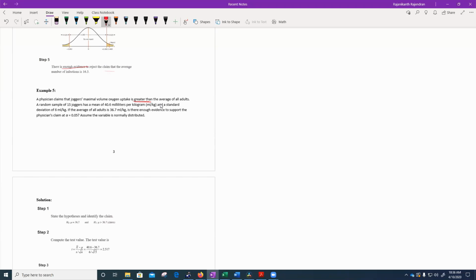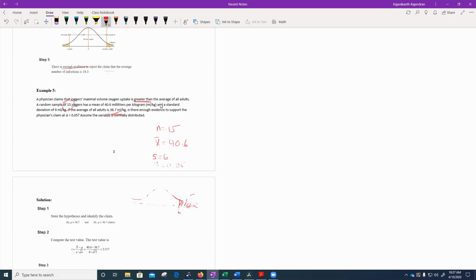So the random sample of 15 joggers, so little n is 15, and my x bar is 40.6, and what is my little s? 6. So this is going to be your claim, right? So my mu is 36.7. Okay, there. So where's my alpha? Alpha is 0.05. So if you look at your picture, now this is going to be your right tail problem,